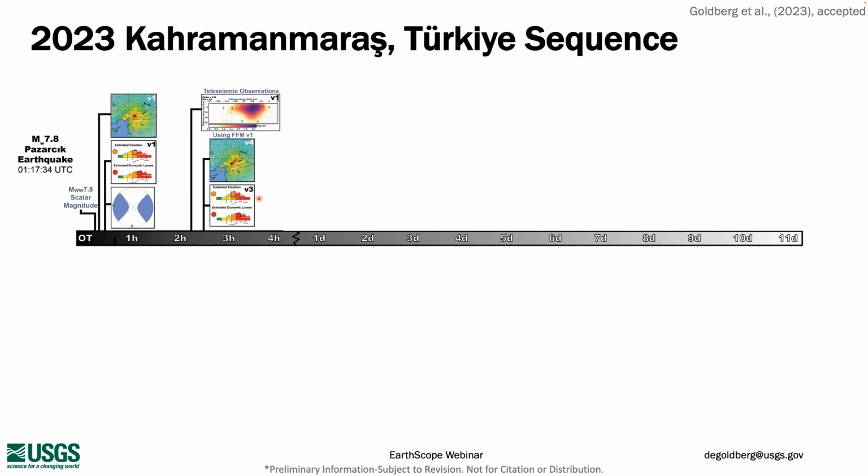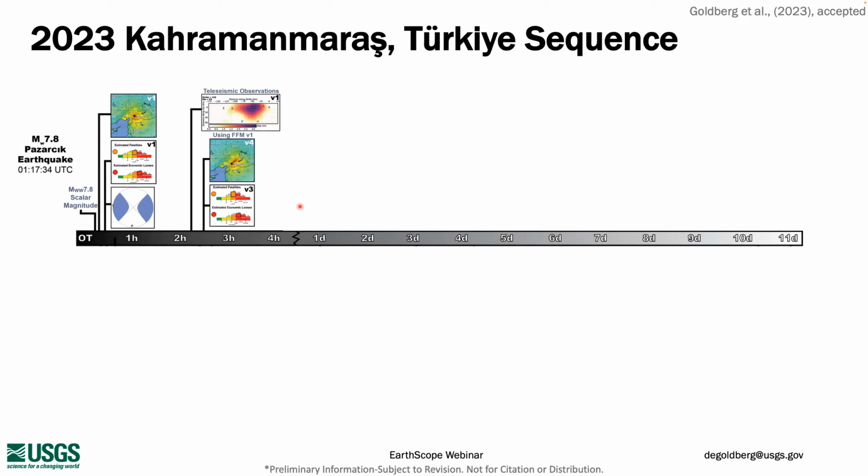We knew that this first estimate of the finite fault model might not be great, because of the non-double couple percentage that we were seeing in the focal mechanism, this moment tensor, which suggests there might be more than one fault orientation involved. And so we were sort of itching to update that once we had more information.